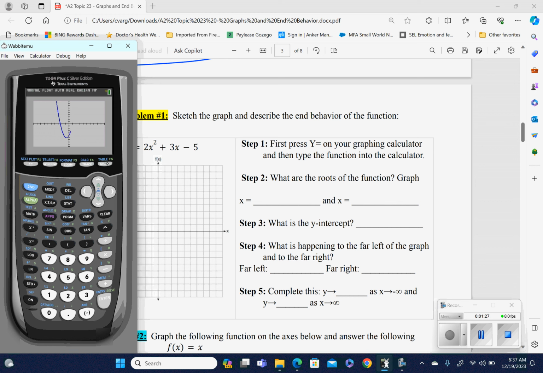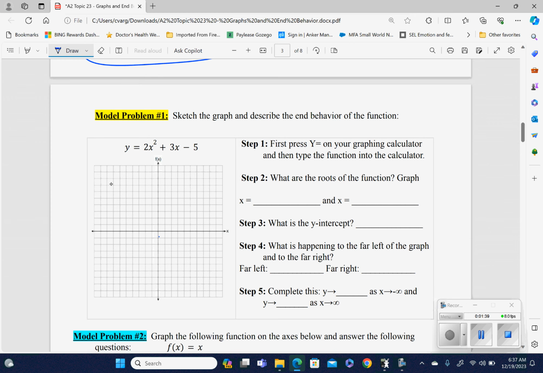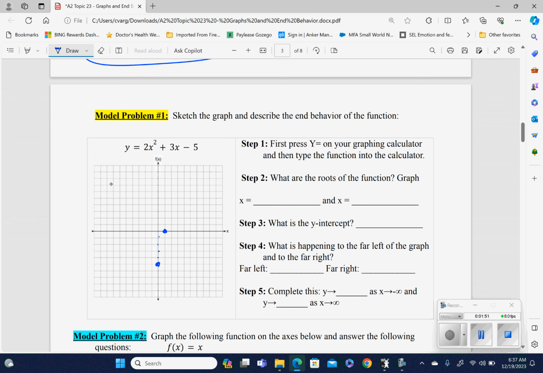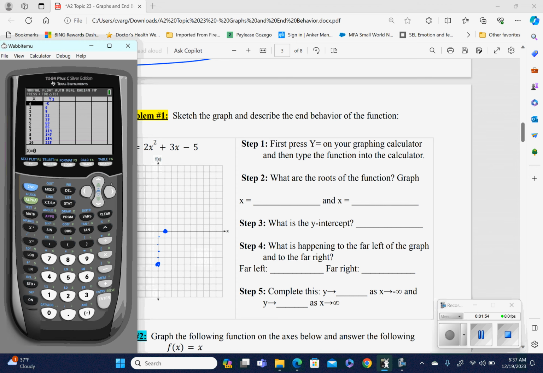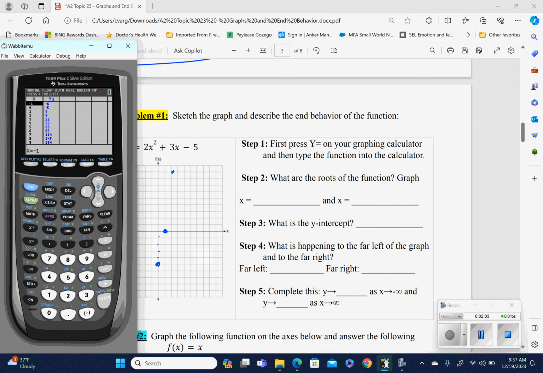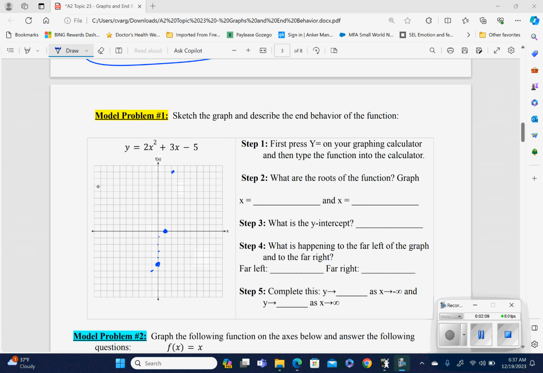So, yep, we get something that looks like this. And so what we want to do is find out what the points are so we can graph it onto our actual graph that we have. So 0, -5. I'm going to go ahead and put a dot right there. And then I'm going to look at what the next one is. So 1, 0. Okay, so that is a root. We'll talk about what that means in a little bit. 2, 9. So the top one is 10, so 9 is going to be one below it. And then if I go to the negative sides, I have -1, -6. And if I keep going,